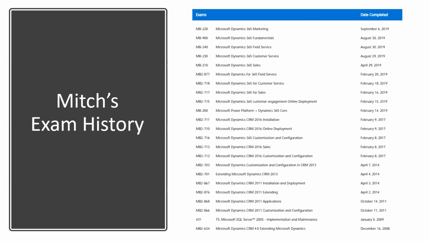Okay, and I have another page I didn't bother showing you, but this is start off with CM40. Kind of show you a couple funny things here. This 876 CRM 2011 extending. You see, I took it in 2014. Well, what happened between 2011 and 2014? Well, a couple things happened. First off is I wrote about a third of that test.